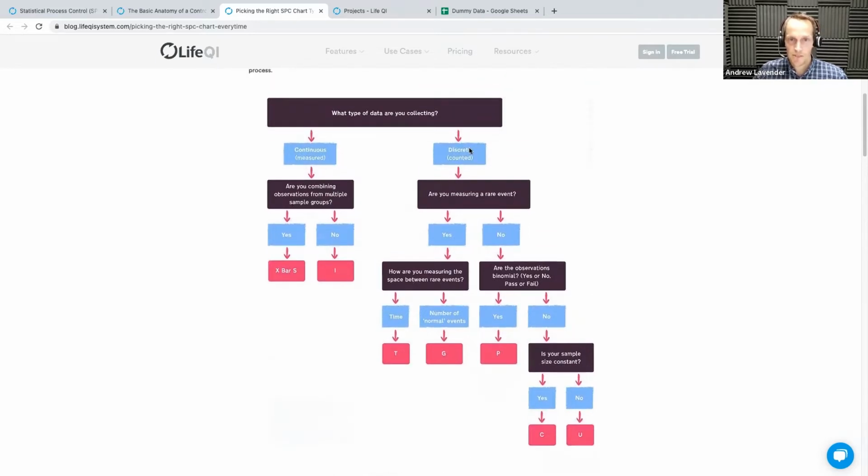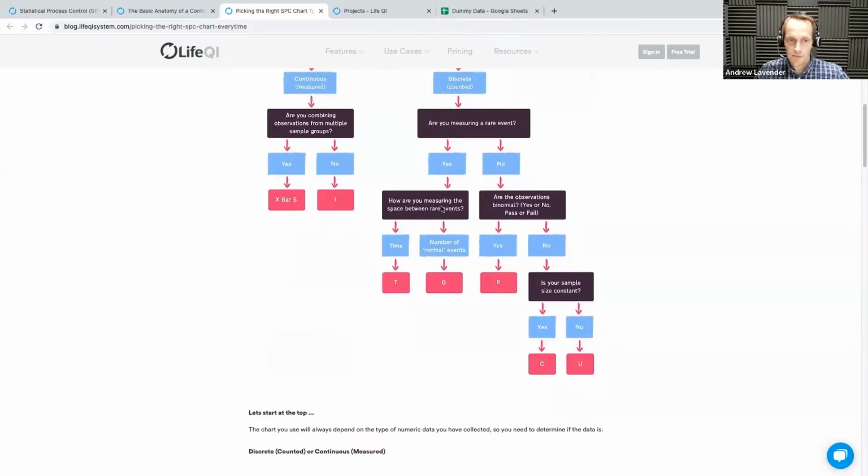So deciding what types of data you're going to use is going to influence what type of chart you're going to use. If you are going down the continuous route, think about, are you measuring things from multiple groups, like different hospitals, or is it a single population that you're looking at? That's going to help you decide what type of chart you want to use. So at the end of this process, you should end up with the correct type of SPC chart for your data. And as you go through the other side, you can see it's posing a number of questions here as well, which ultimately hopefully ends up with the appropriate SPC chart for your data